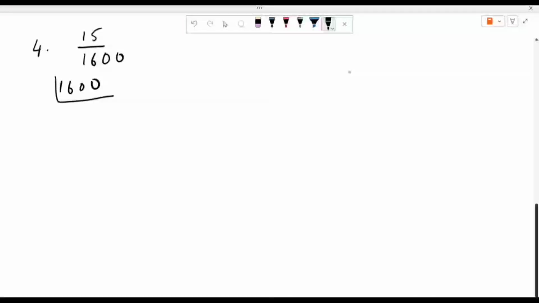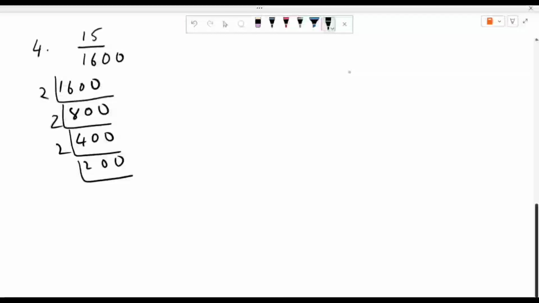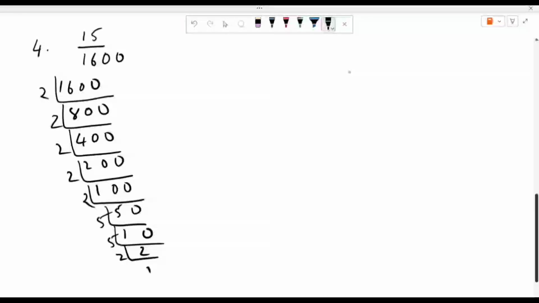So start with 2. 2 8s are 16, 0 0. Again it goes with 2. 2 4s are 8, 0 0. Again it will go with 2. 2 2s are 4, 0 0. Again it goes with 2. 2 1s are 2, 0 0. Again go with 2. 5 2s are 10, 0. Again it goes with 5. 5 1s are 5, 0. Again it goes with 5. 5 2s are 10. Again it goes with 2. 2 1s are 2. So I can write